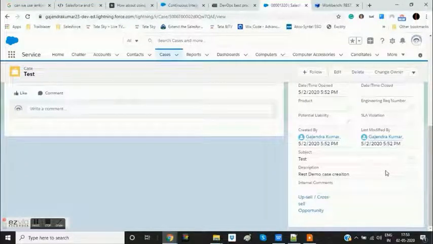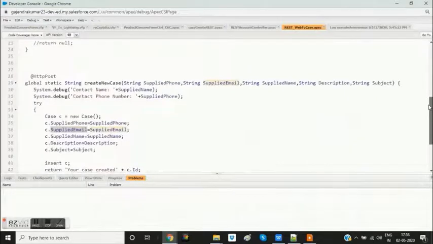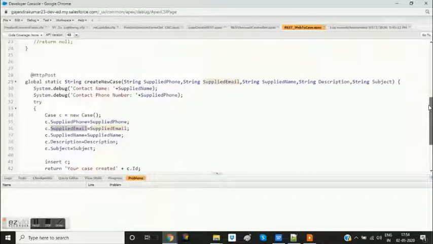So this is how we can create an Apex class and expose it as a REST service to the outside world, outside the Salesforce instance. And it is totally up to us how we want to write this functionality. The function which I have used is very simple, it can be as complex as you want, totally depending upon the functionality. It can expect multiple parameters, it can use everything such as loops, it can even expect multiple records as part of creation. It need not be only a single record.